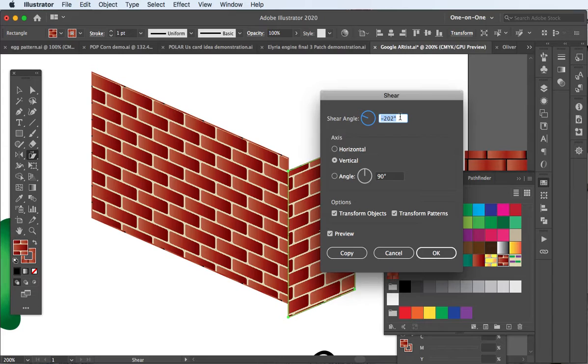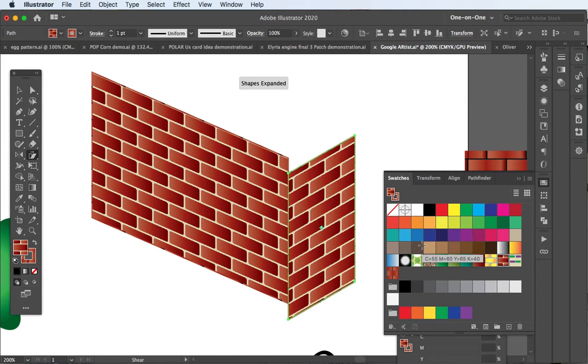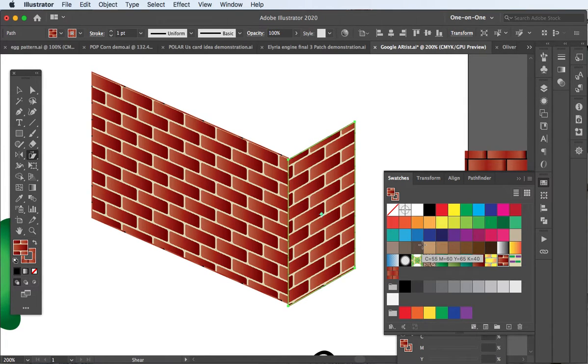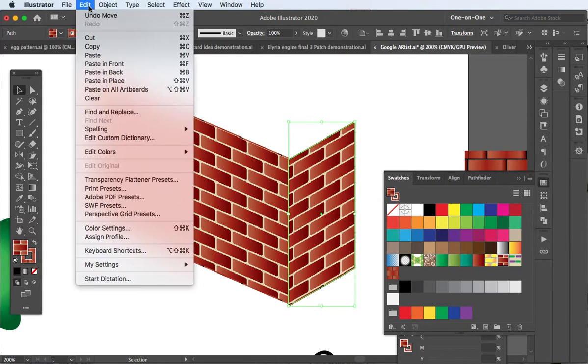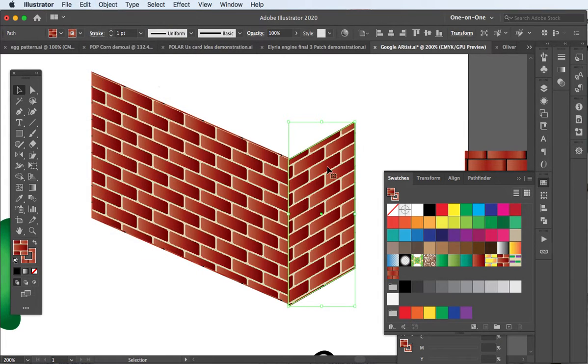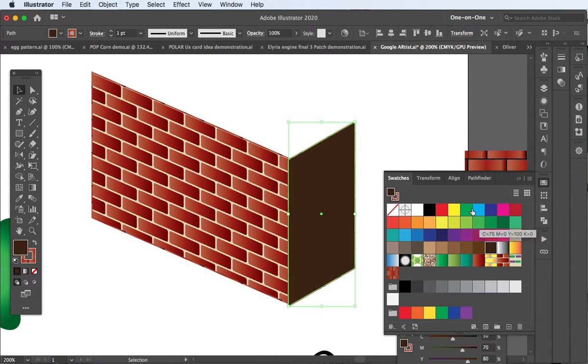You kind of see it changing this way. And you notice it's doing it from the center out. I could always have adjusted it to fit right in the middle. So that gives me two panels. And if I wanted to shade one, I can take this, just edit, copy it, edit, paste in front, which puts a copy in front of it,